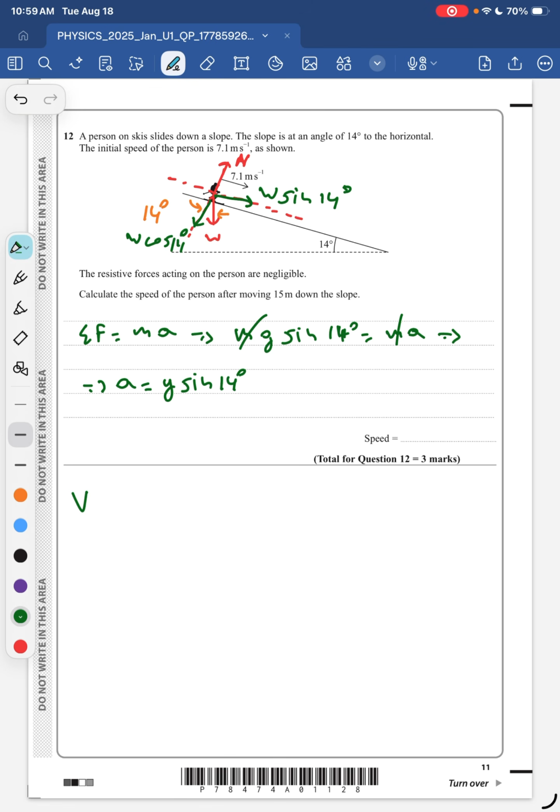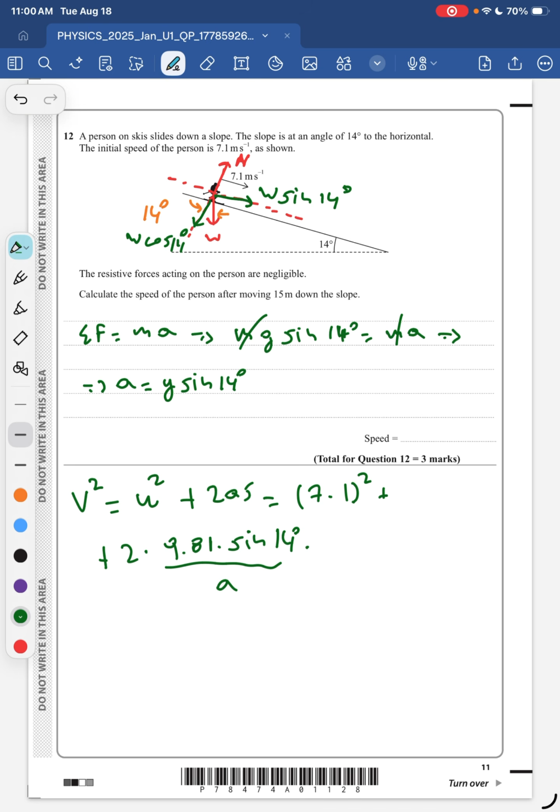The best Suvat equation for that is v squared equals u squared plus 2as, since we know the initial velocity, the acceleration, and the distance covered. Okay, so we are just going to plug in values. So we have 7.1 squared plus 2 times g times sine 14 degrees, and this is our acceleration, right? Times the distance covered, which is 15, and this yields